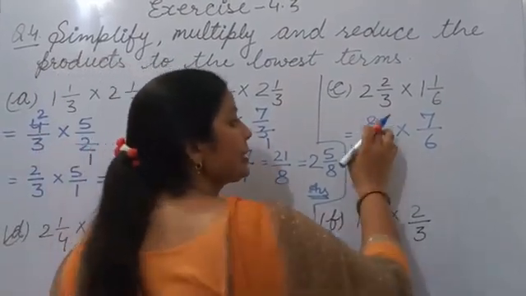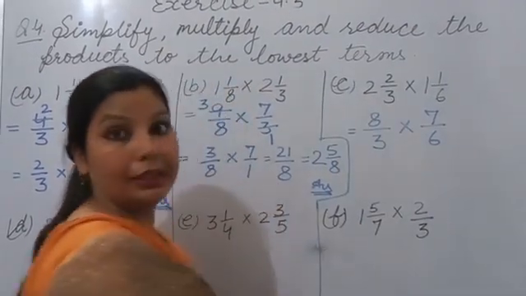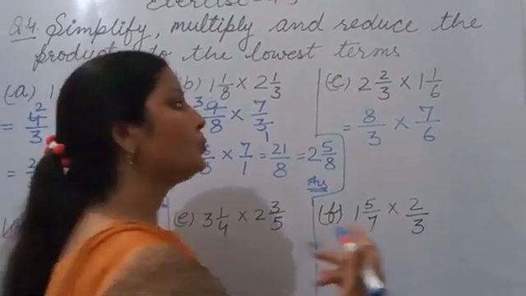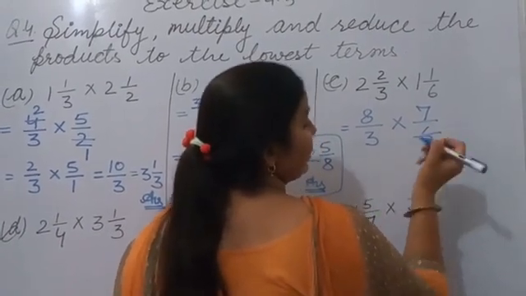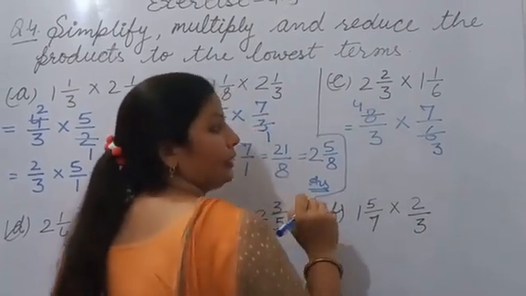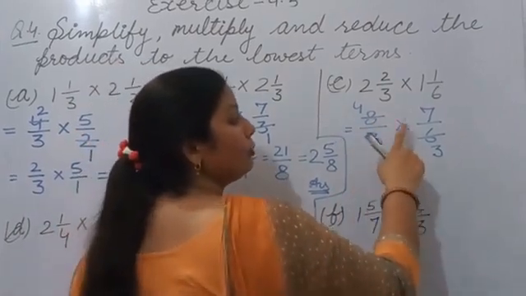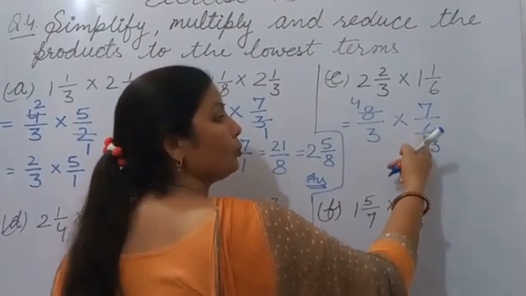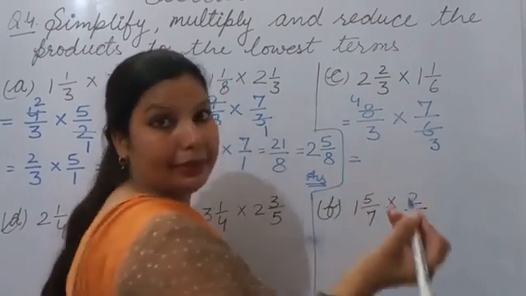Now we will see that there is 6. 6 comes in the 2 table and 8 also comes in the 2 table. That means we can cancel by 2, means we can divide by 2. In the 2 table where is 6? 2 3s are 6, so there is 3. And in the 2 table where is 8? 2 4s are 8, so 4. Here in the 2 table numerator and denominator both are coming, so we divide by 2. 2 3s are 6, 2 4s are 8. If they come in the same table then we can divide.